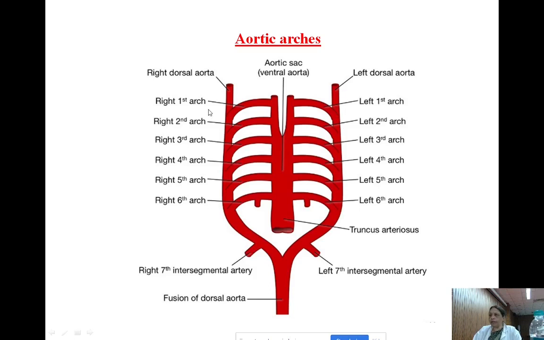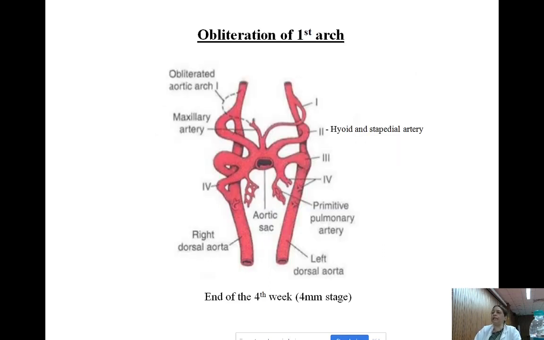And this dorsal aorta gives rise to the segmental arteries also. The dorsal aorta gives 7 segmental arteries: the first segmental, the second segmental, up to the 7th segmental artery. The dorsal aortae are double in the region of the pharynx, but below the level of T4, the fourth thoracic segment, they join with each other and form the single dorsal aorta. In this picture taken from Langman, you can see that the first arch is